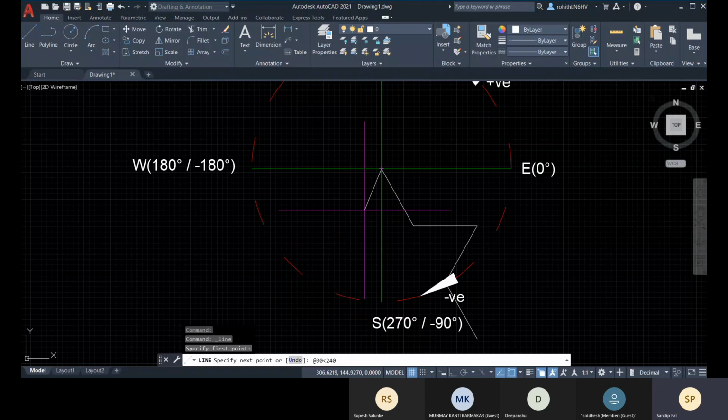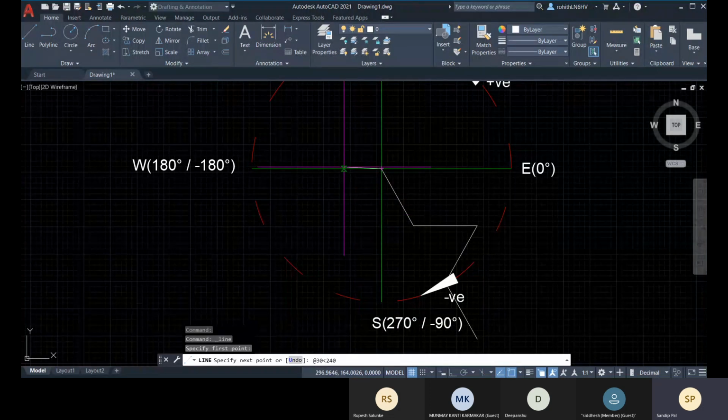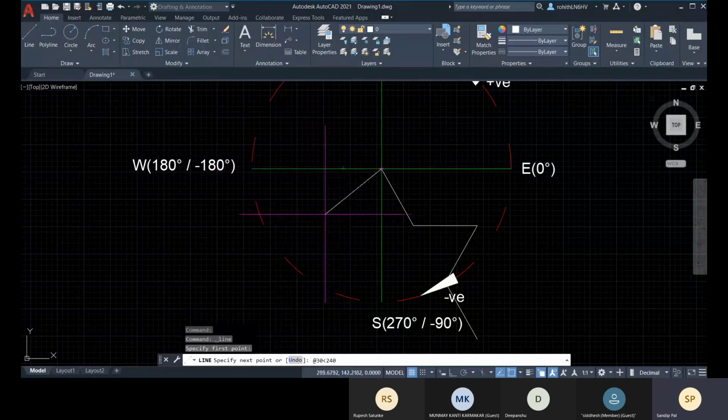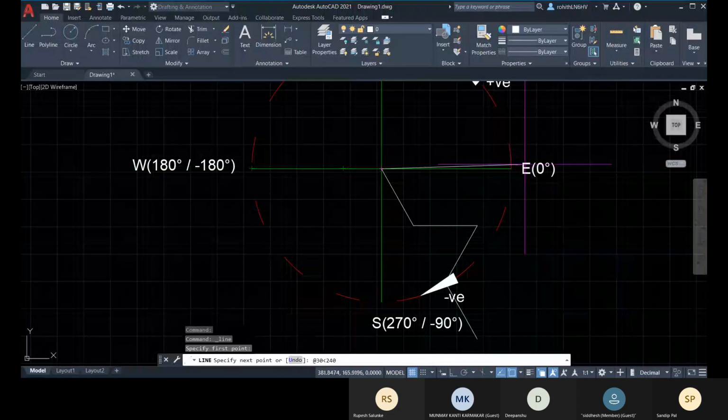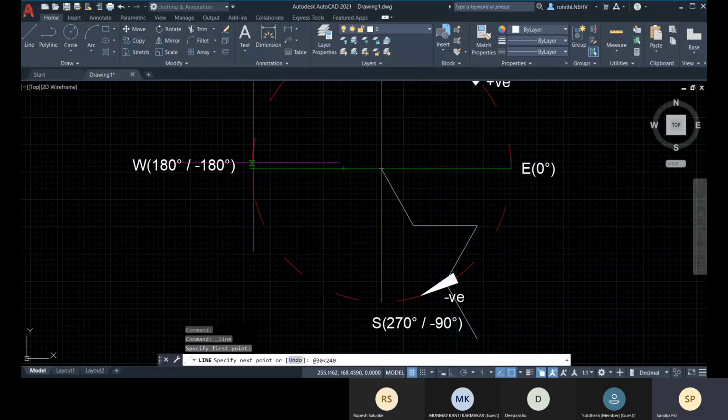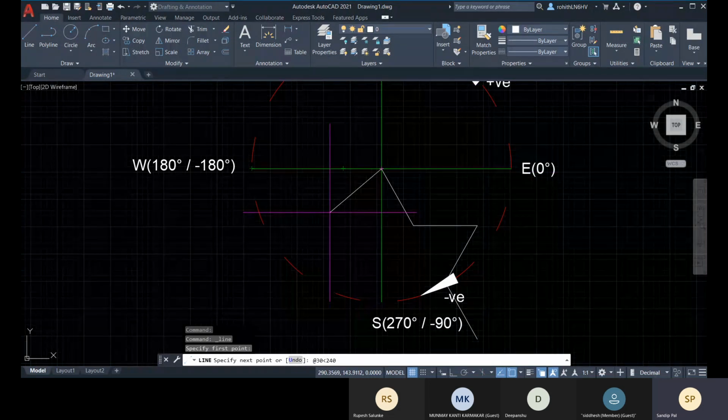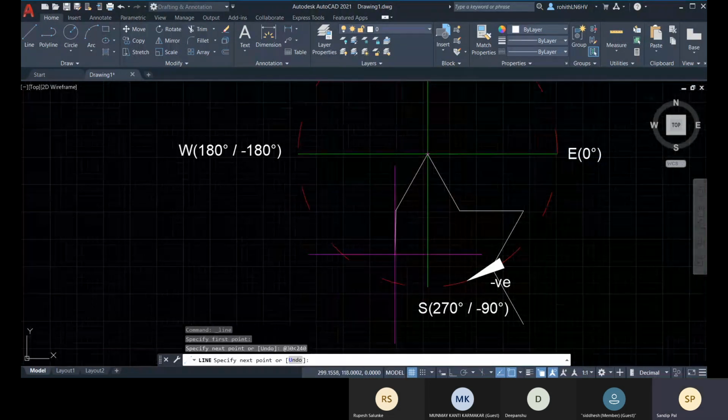So 30 degree with this vertical line and 60 degree with this horizontal direction, means from the 180 degree direction, I have to place in 60 degree towards this anti-clockwise positive direction. So the total angle from east is 240 that I have created.